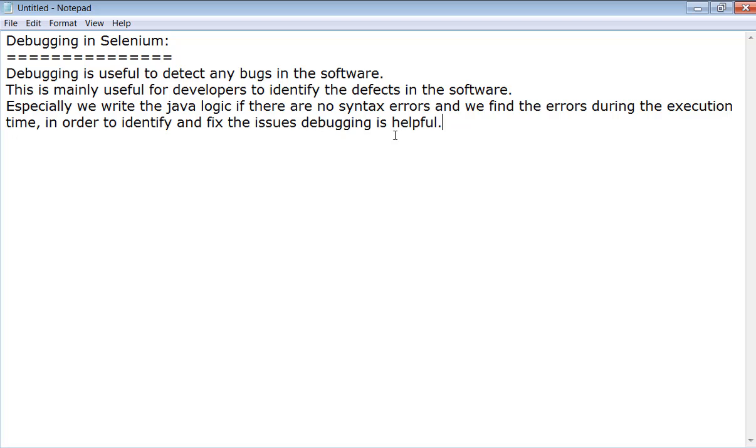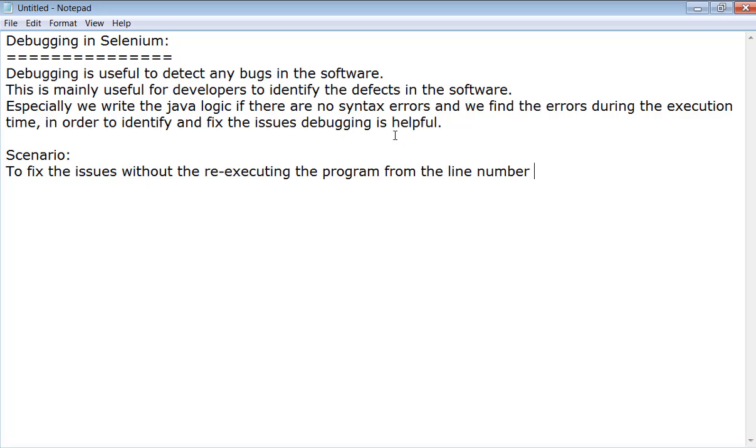So let's take one real-time scenario: how debugging will be helpful for us to fix the issues without re-executing the program from line number 1.